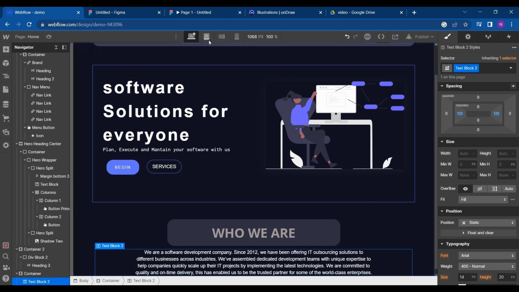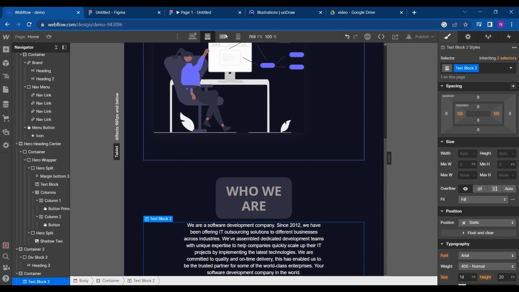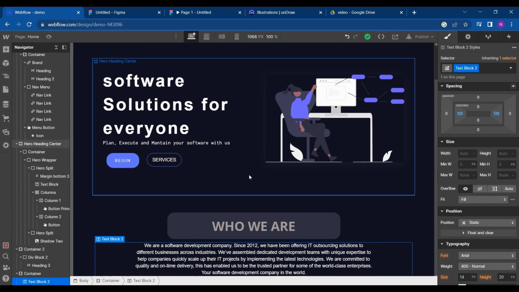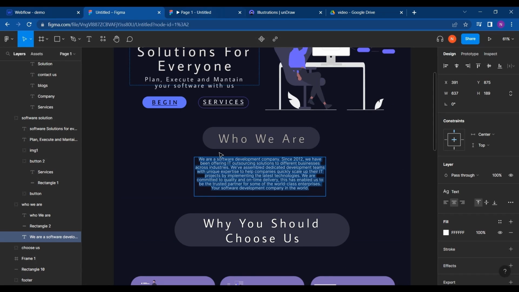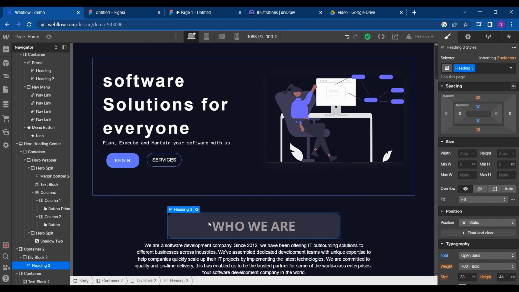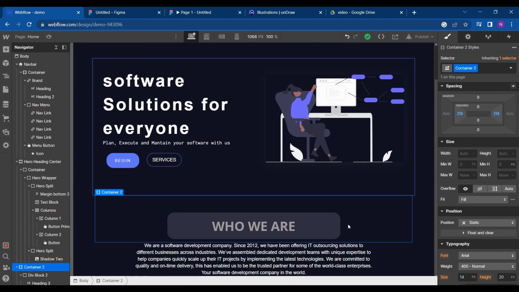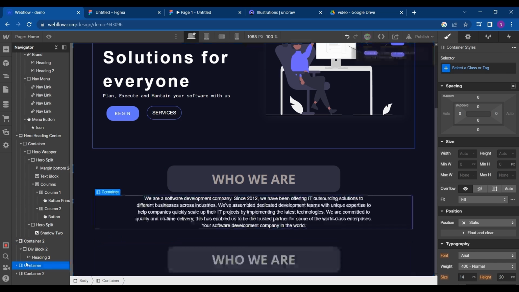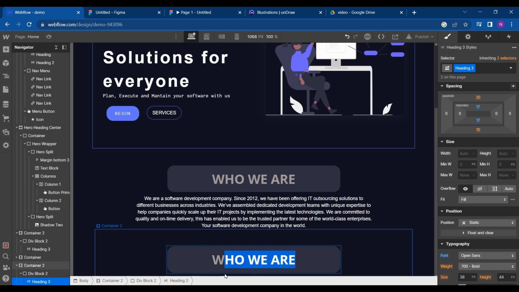So now let's see how it looks on tab and on smartphone. You can see it is not breaking or getting out of the context because we are using container for everything that we include. This is the one benefit of container. Next is, why should we choose us? So just copy this and we can paste it. And change it to